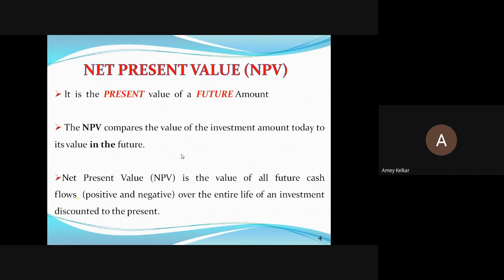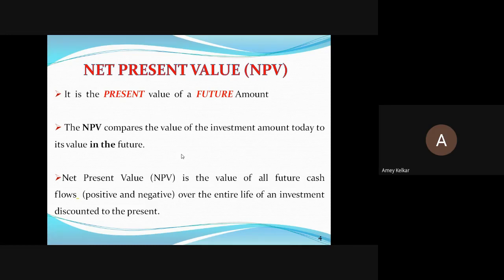Means, in simple words, if I am about to get, say, 5 lakh rupees after 5 years, what is the value of that 5 lakh rupees today is the net present value. Okay, the concept is easy. Once again, I'll repeat. If I'm supposed to get 5 lakh rupees after 5 years, that is a future amount. So as of today, what will be its value is termed as net present value